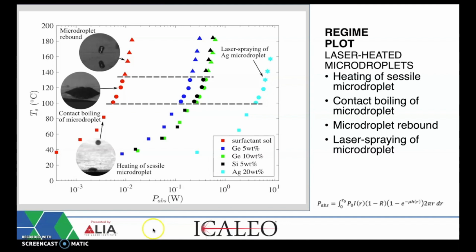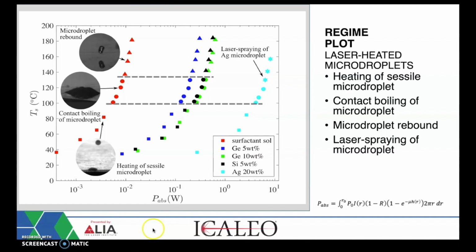an expression for HR. From these results, we can see that the transition to contact boiling regime occurs at approximately 100 Celsius. This occurs obviously because all the liquids tested were prepared by suspending nanoparticles in deionized water. At this temperature, the water starts to boil, and the presence of nanoparticles promotes heterogeneous boiling. Heat is then transferred by conduction from the solid substrate to the liquid microdroplet, while the entire droplet is additionally heated by the laser. The nanoparticles suspended in the liquid act as nuclei, and vapor bubbles are generated at the